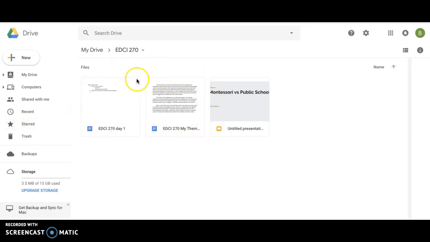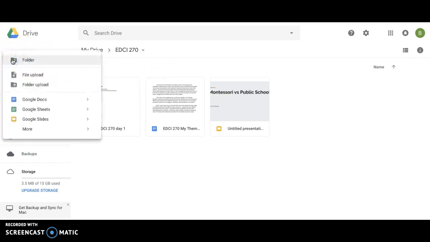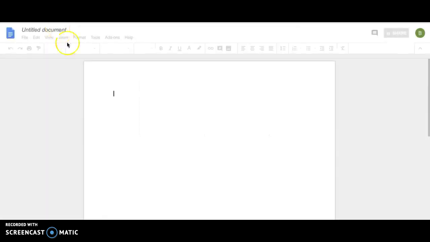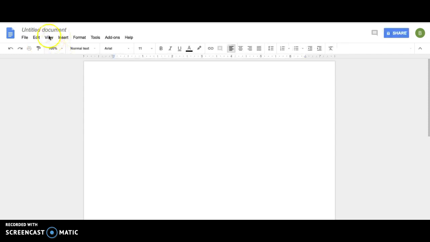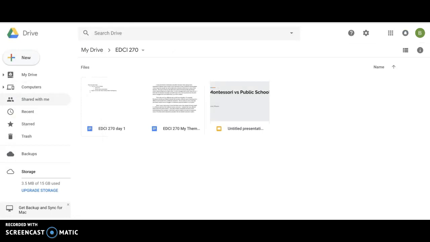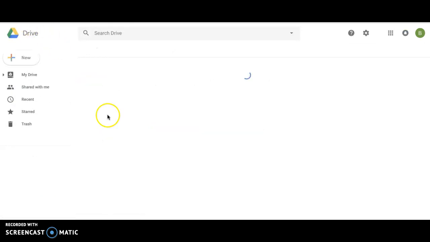So if I wanted to make another document, I would go up to here where it says New, and I would click this. Then I would choose Google Docs, and this will make me a new tab, which opens up in a new tab. You can name it and do that. So when you go back here and refresh the page,